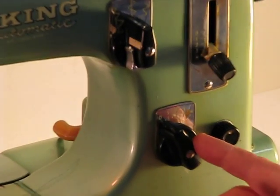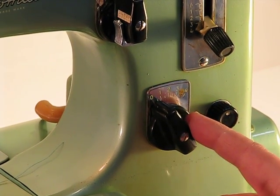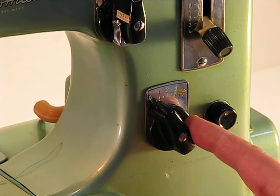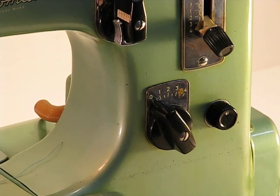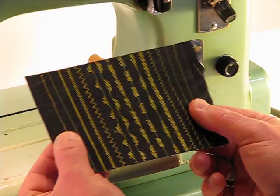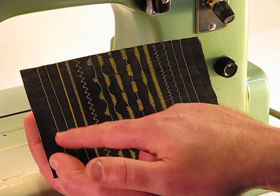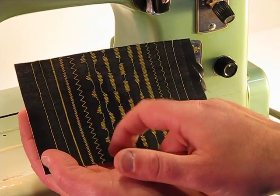I want to show you a couple of things. First of all, this first knob here that I'm touching is the stitch width. It's going to allow you to get a wide variety of stitching variation with this machine. And I'll give you just a quick look at some of the samples of that. I'm going to kind of bring it right over here. Hopefully that's a good angle for the camera. You can see a wide variety of stitches, everything from a standard straight all the way to several different variations